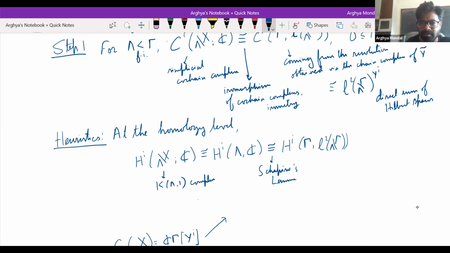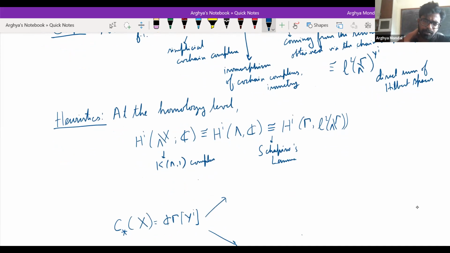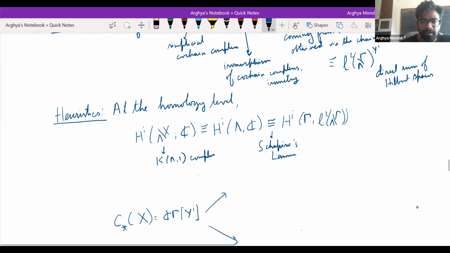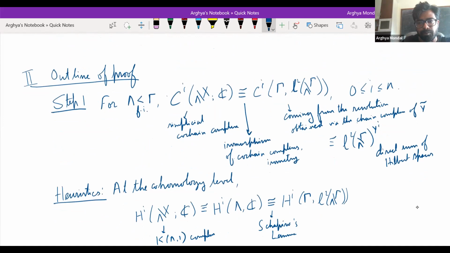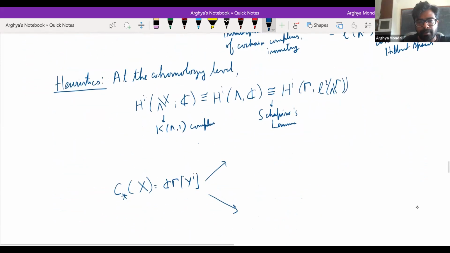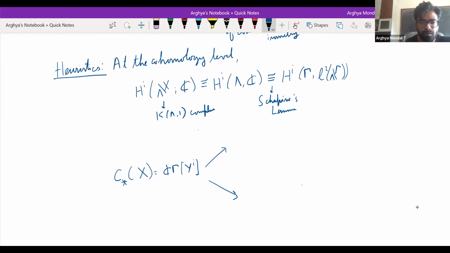Co-induced is the same as induced, because it's all finite index. Right. So at the cohomology level, we see that what I claim should be true. And if you want a proof of this, the way to do it is